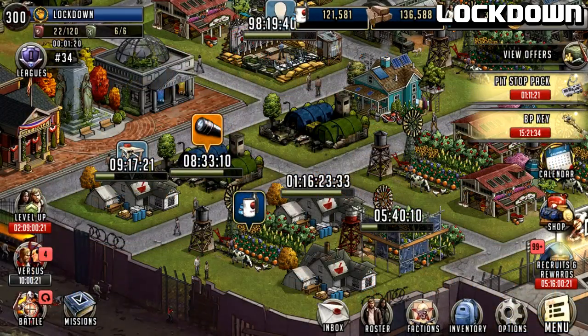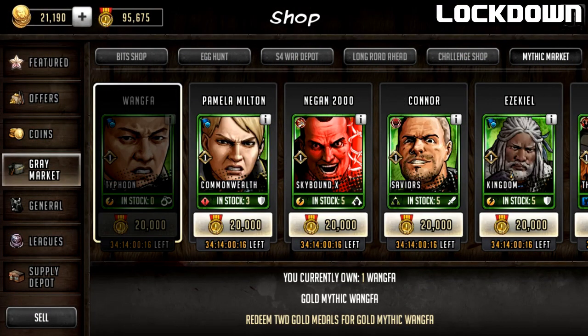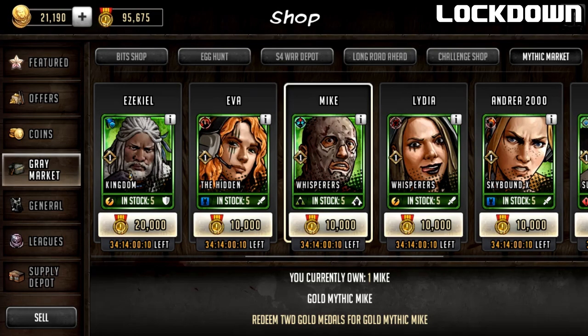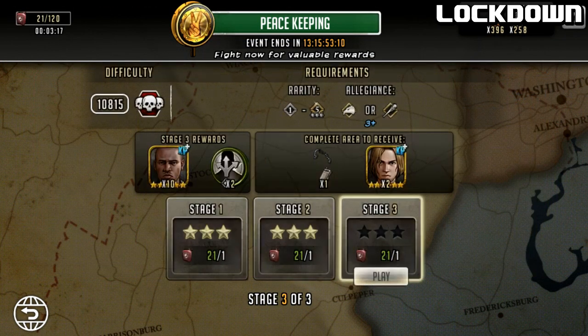If you don't have this character, I would definitely recommend going to the grey market, then the mythic market, and you can pick up Mike as he is in the store here. And I would definitely get him to LB3. Great character indeed. So we're going to get onto the roadmap, and I have already completed the first 2 stages